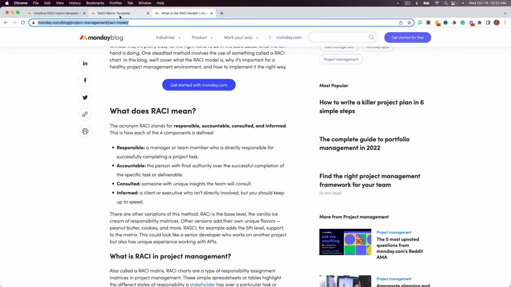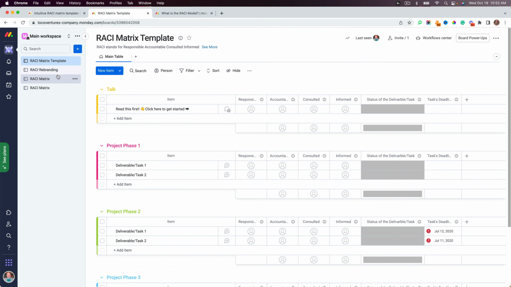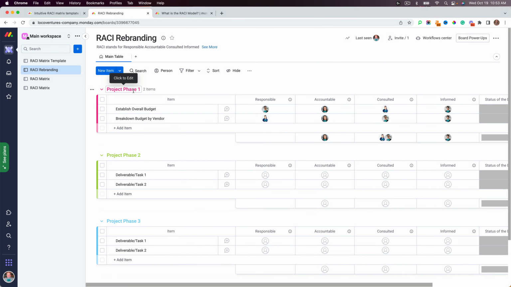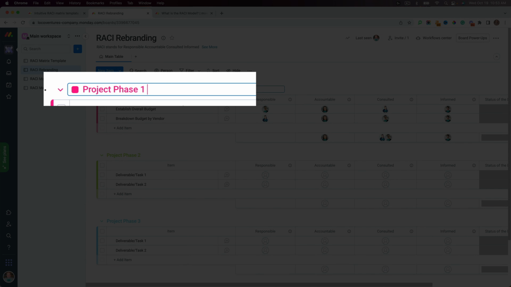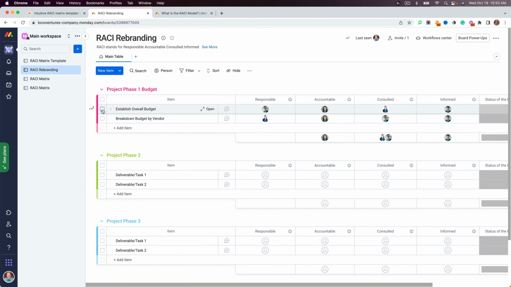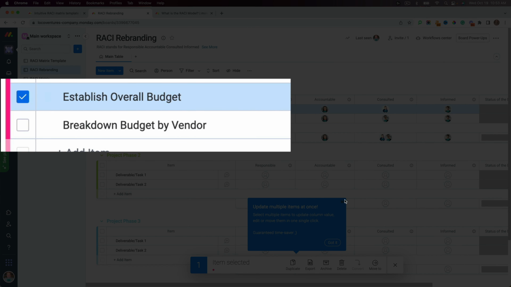So if we take a look at this RACI matrix, the thing I want to make you aware of, in this particular case, is that the roles can shift depending on the task. So project phase 1 here, this one's really, I'm going to call this budget, okay? So you can see the first thing that we're working on here is this right here, and that is establishing